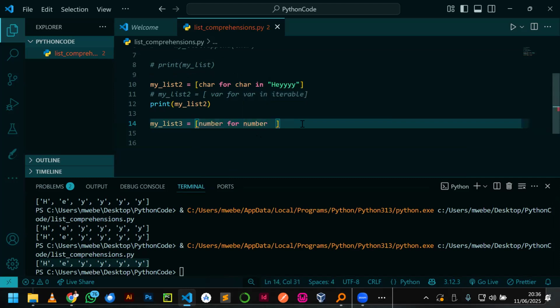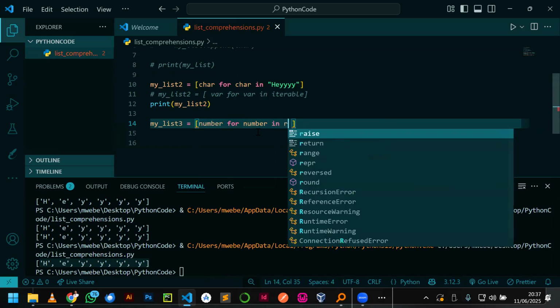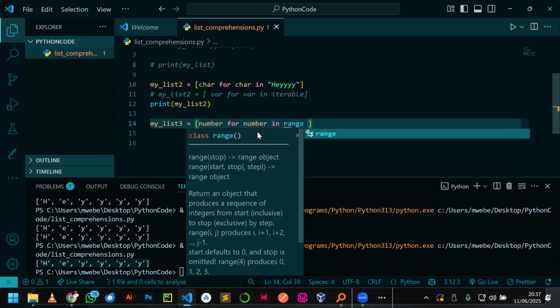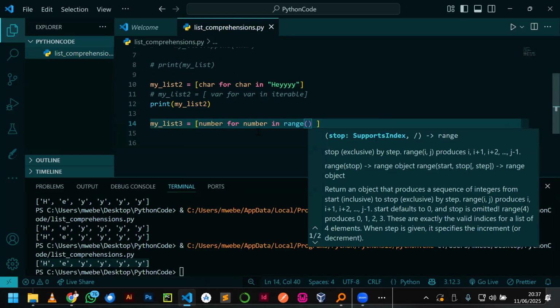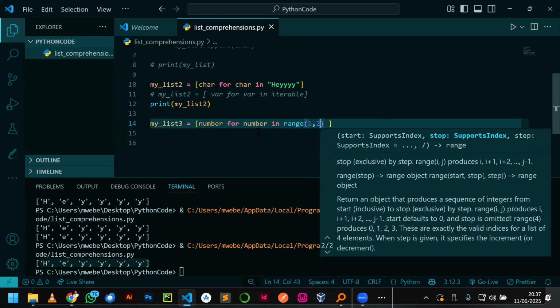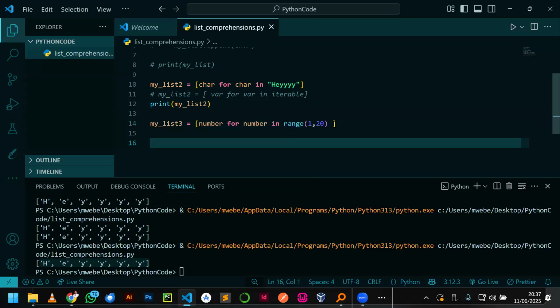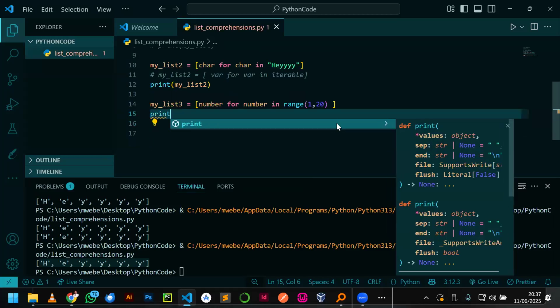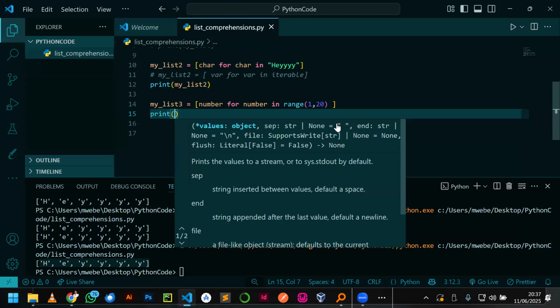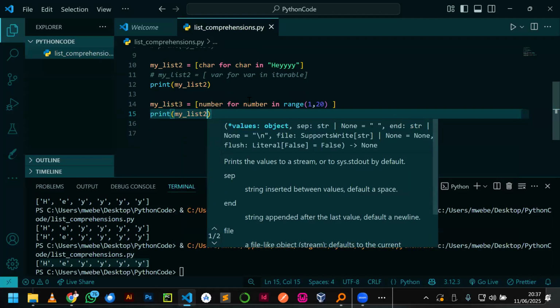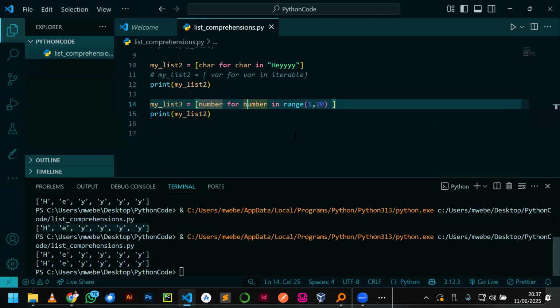So for number in range. We saw the range function, okay? So the range function, so 1 to 20. So let us try to print out my list 3, okay? So if we try to print out my list 3,